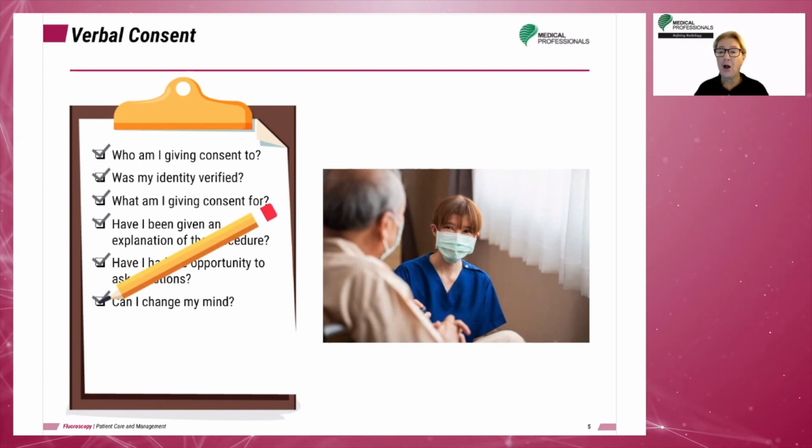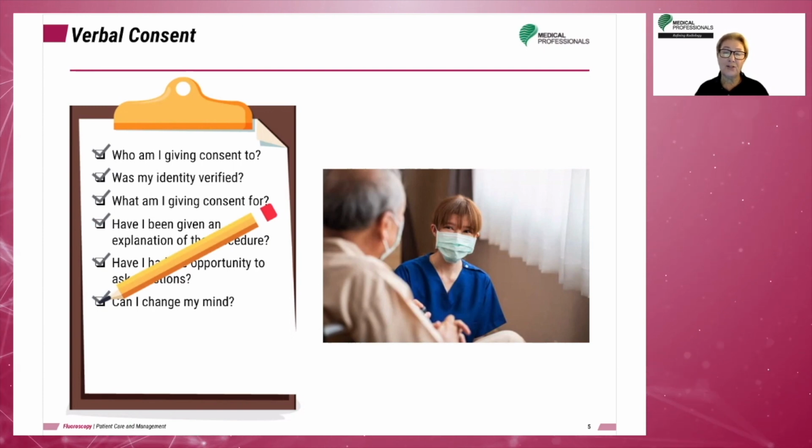A patient should always know who they are giving consent to. This can be a first name and a title. Also, the patient's identity must be verified to make sure the correct person is giving the consent. Next, the patient must be informed about what they are consenting to and must be given an explanation of that procedure or examination. We must verbally ask patients if they have any questions,